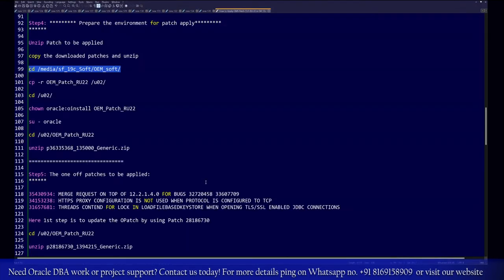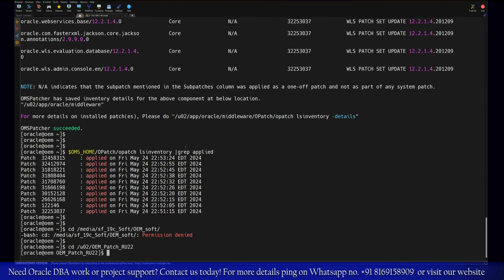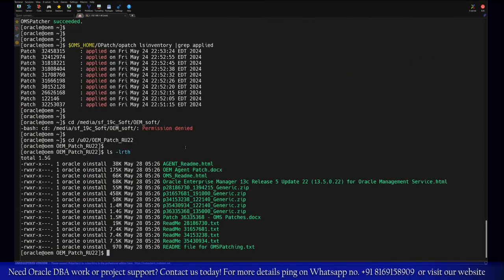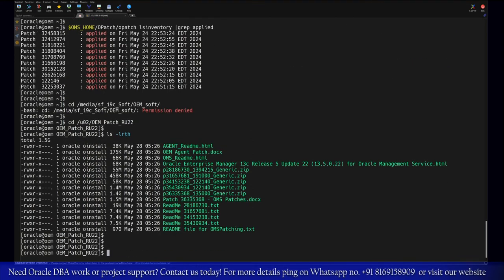Sorry, this location doesn't exist. We have to go to this particular path. I have already copied all the patches at this location. So from here, we will copy the OMSPatcher software. So OMSPatcher's software, basically it's present in the form of